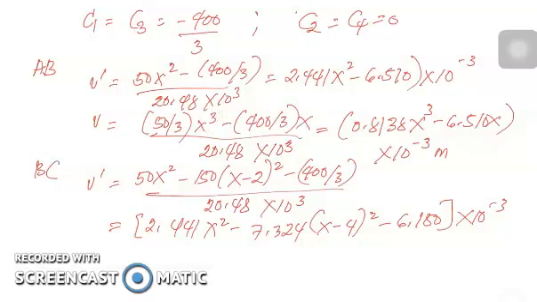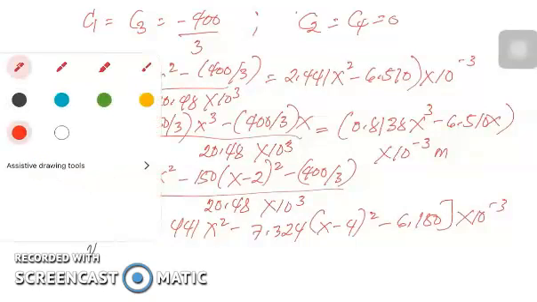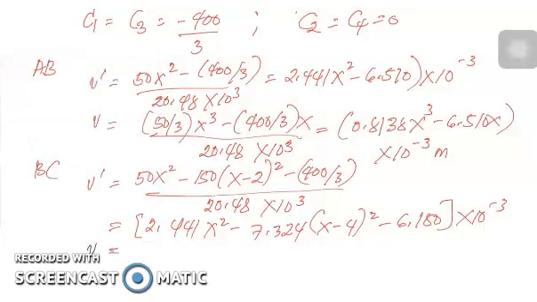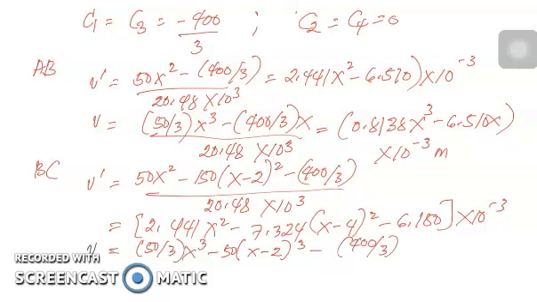Then for the deflection equation at segment BC, we simply have V is equal to 50 all over 3 x cubed minus 50 times x minus 2 cubed minus 400 all over 3 x, all over 20.48 times 10 to the third. So if we try to simplify further, we get the value of